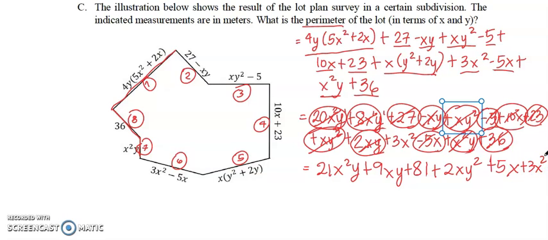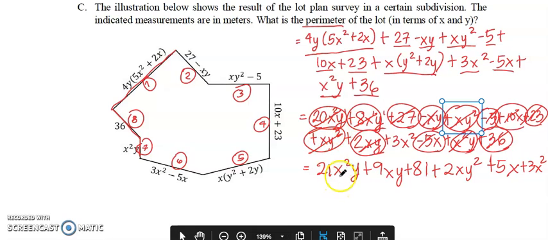If again you are asked to arrange in descending degree, identify the degree of each term. Add the exponents of all variables for each term. 2 plus 1, you get 3. 1 plus 1, you get 2. No variable, so 0. 1 plus 2, you get 3. Only one variable with one exponent, so that's 1. Here, exponent is 2.